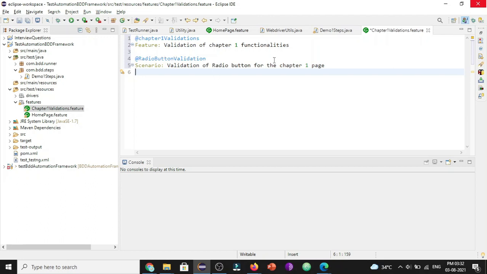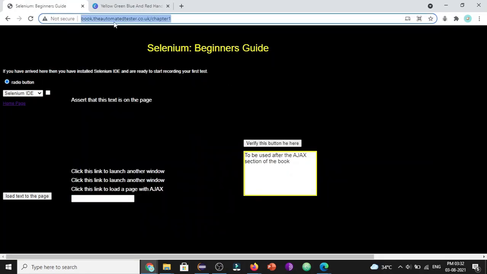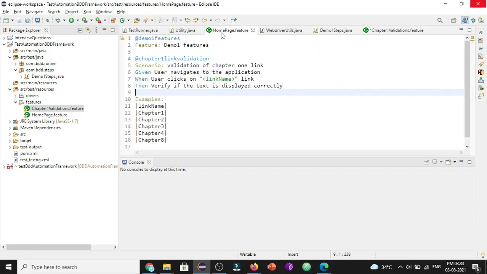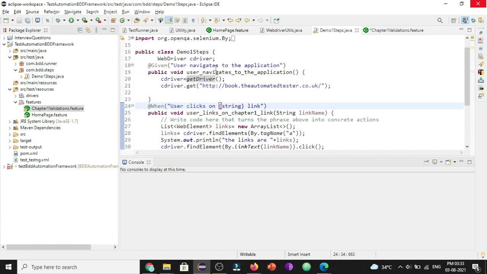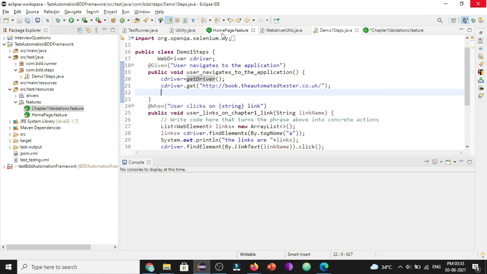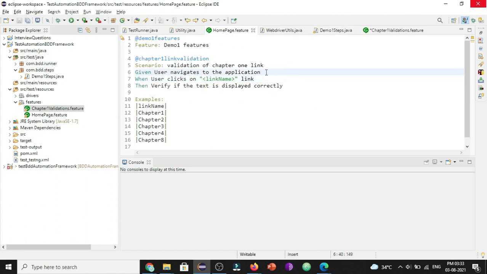Here, what we have is going to be under the Given keyword. What we have here is the URL of the application, so what we need to do is get the browser initiated, and the browser navigates to the URL of the application. If you observe in the homepage.feature, in the step Given user navigates to the application, we did the same. When you go to the step definition file, you can observe we have initialized the browser and then got the URL of the application. So instead of writing a new one, we can copy the same step. Let's copy the same test step.